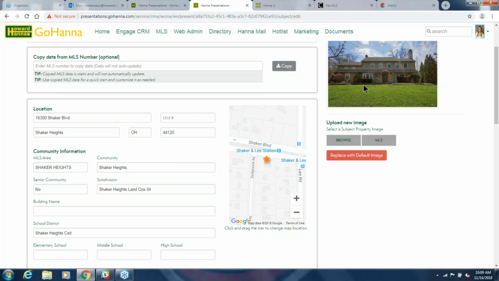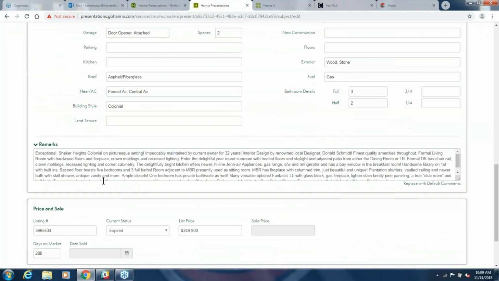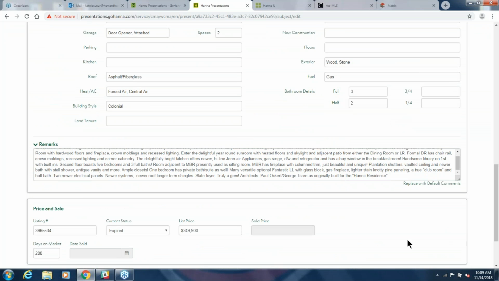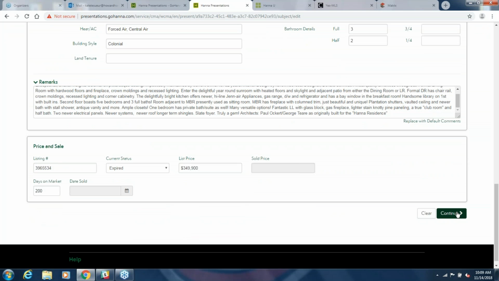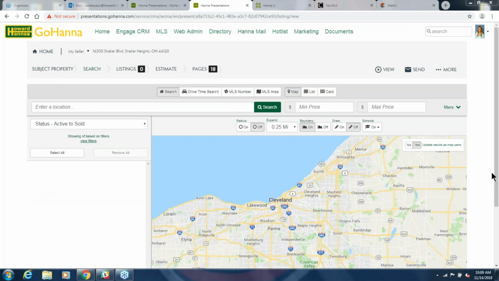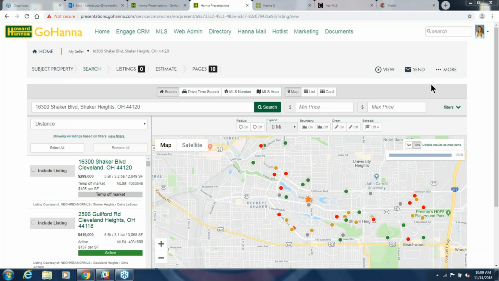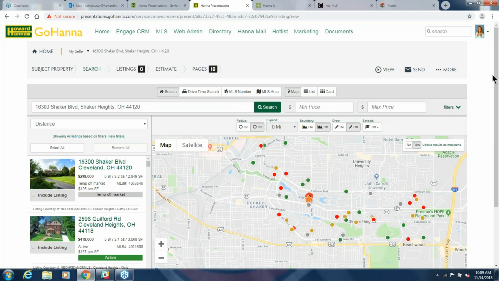Okay, so you'll see it's going to take that image from the MLS. It's going to pick up as much as it possibly can. You can change the remarks if you want. You can delete them. But once everything has been put in there, just go ahead and hit continue. Okay, so now you're on the big MLS search. So this is the subject property. When we want to change,